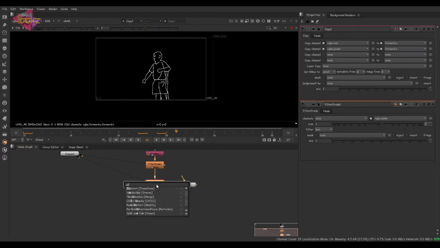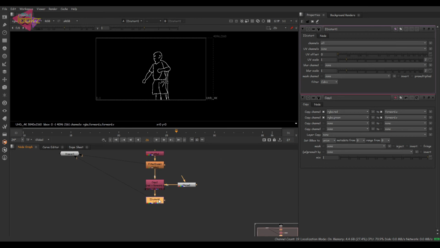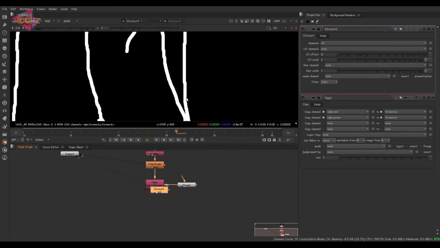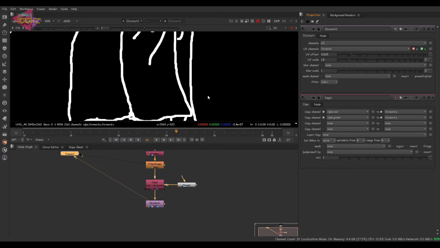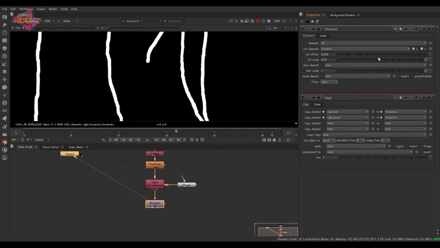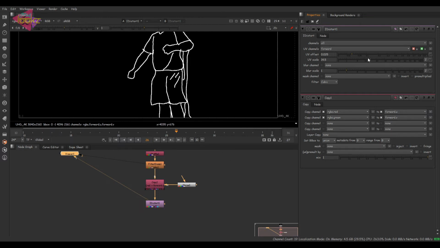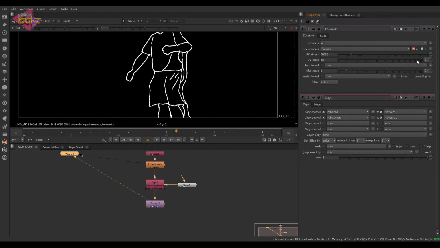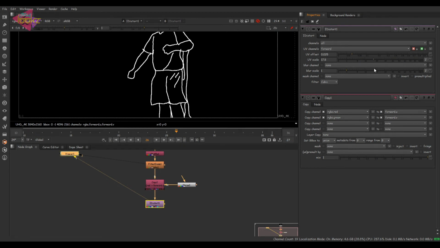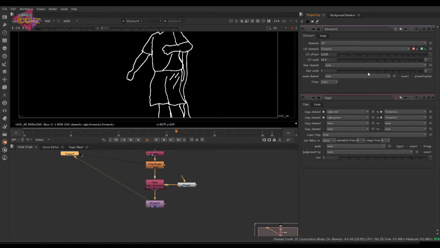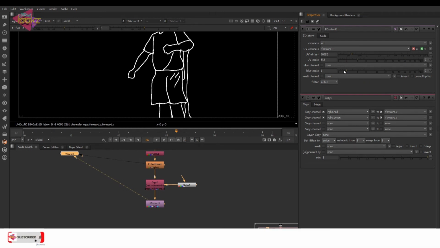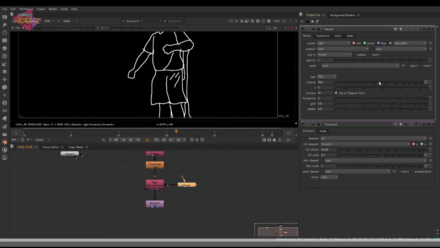Here we have iDistort. Nothing is happening yet because we didn't show the channels. Just select the forward channel, and yeah, now we can distort the lines according to our need. Here we have the UV offset and UV scale. You can adjust that a bit and play with the noise to distort the lines.